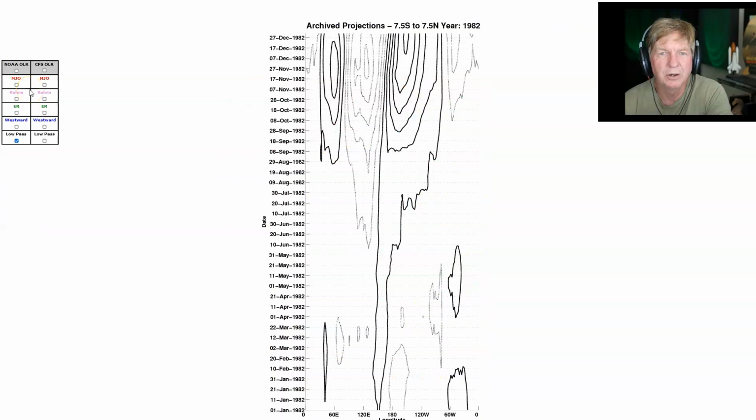All right, so where is the low and high pressure bias? Where are they normally located at various different times? We found an archive of projections. We're looking at 1982. This was a major El Nino year, the first major El Nino that really got everybody's attention. This is data sort of